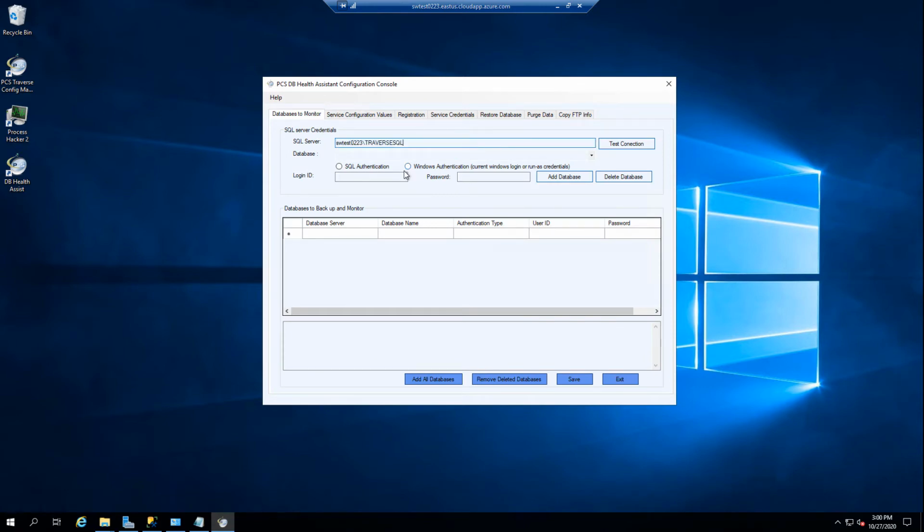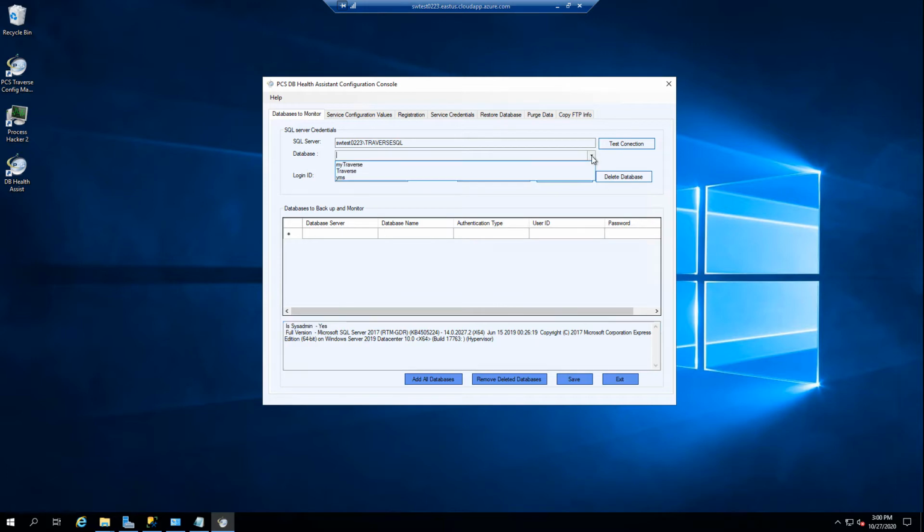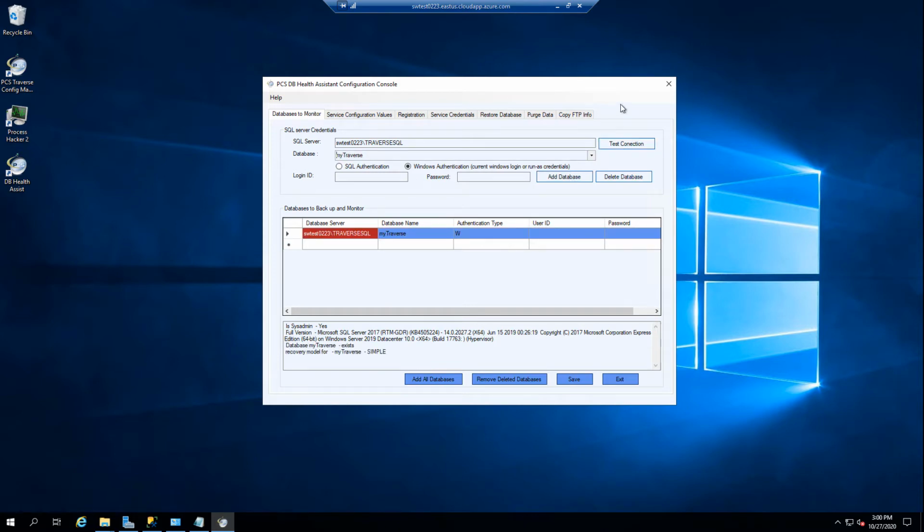So here I just pasted in the SQL Server name, which is on this particular virtual machine. Test connection, you see I'm a sysadmin, and I'm going to pick a database. There are only a few databases in this SQL Server. So I'm going to pick a database, test the connection, and save it. Now you notice at the bottom there's Add All Databases and Remove Deleted Databases buttons. These are brand new buttons,